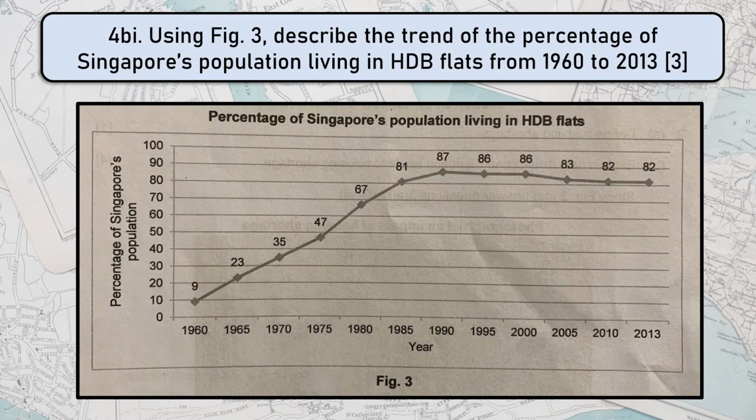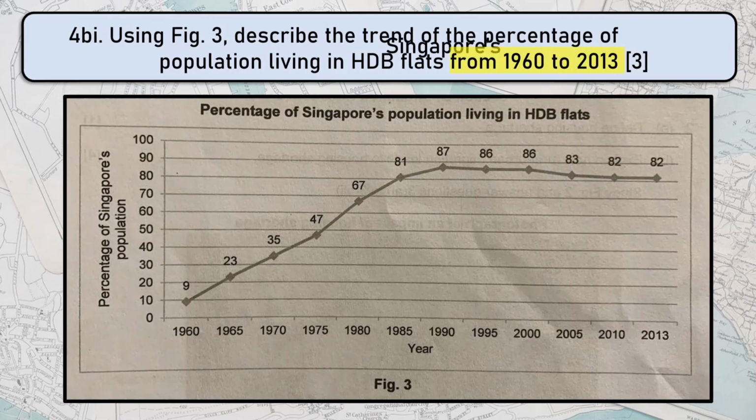Alright, in this question we're given another set of data, which is a line graph. Using figure 3, meaning we have to make reference to figure 3, describe the trend of the percentage of Singapore's population living in HDB flats from 1960 to 2013. So we see here in 1960 it was 9% of Singapore's population living in HDB, but in 2013 we see that 82% of Singaporeans live in HDB. So generally,